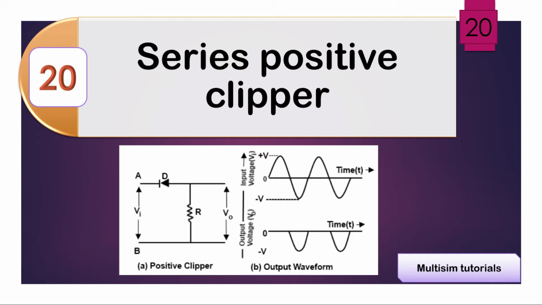In the Clipper circuit we have both positive bias and negative bias, and in the Clipper circuit itself we have series circuits and parallel circuits, and we also have the double clipper circuit. We will be seeing these in the future lectures.